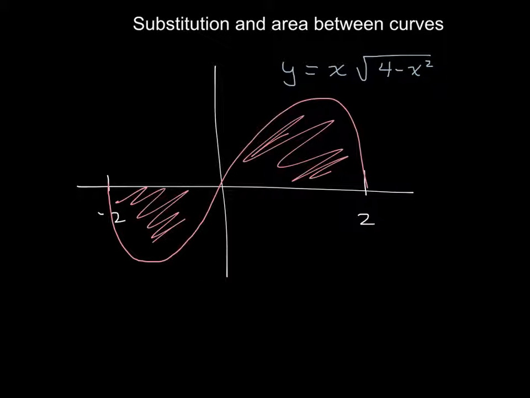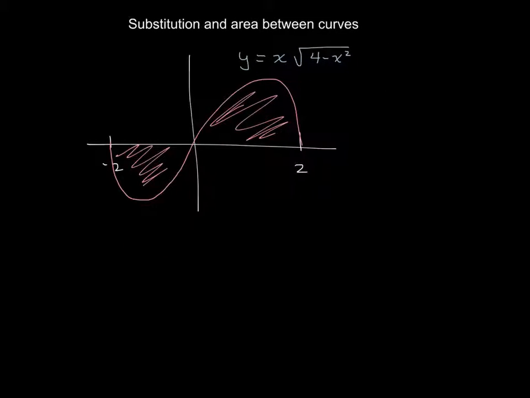Alright, let's say we want to find the total area of this shaded region. There's a couple of things you can see already. First, you can see we're going to have to use some type of substitution, and also we're going to have to break this into two pieces because we're going to have negative area and then positive area. So basically what we want to do is get this area, absolute value it, and then add it to that